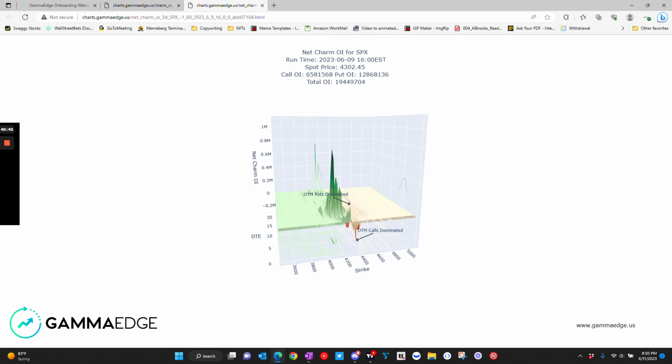So why delta is important to look at is you may see some mountains on the horizon in a given structure, and those mountains that you see on the horizon may or may not be limited, depending on if they have charm. So for an example, if we pull up the SPX, and we know we have a lot going on in the delta chart this week for SPX,